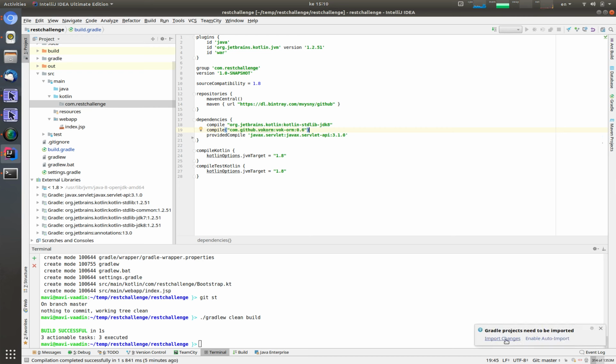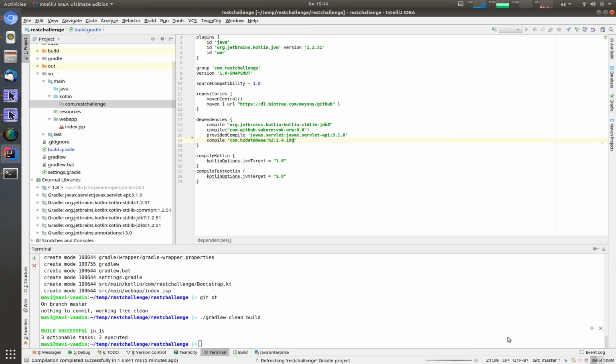which just bundles a bunch of object relational mapping code and a way to control the transactions, and that's it. So it works outside of J2EE, outside of a servlet container. It works from the standard Java library, so we can use it anyway. I'm going to use the in-memory H2 database, so compile H2, yeah, there's one, import changes, and we can create